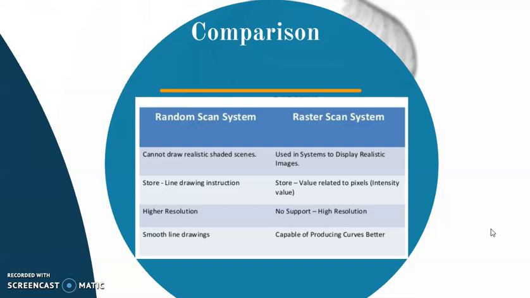A raster scan display can display any realistic image you wish. How do I store the values in random scan display? As line drawing instructions. And in raster scan display? Any value related to pixels. So the values stored are pixel wise in one, and line wise in the other.